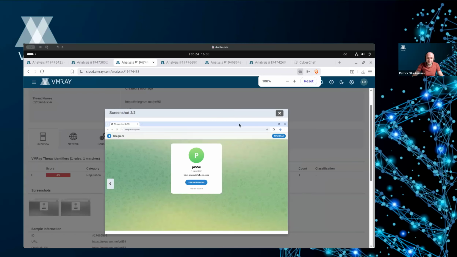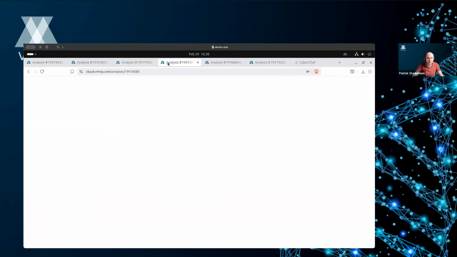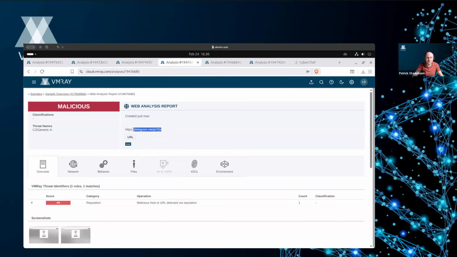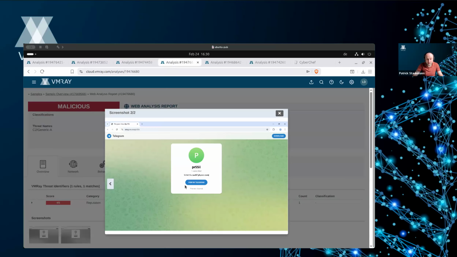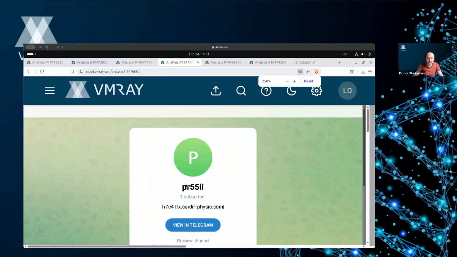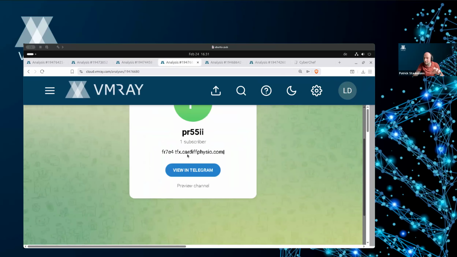But just a couple of minutes before, I ran the same analysis again with the same link to the Telegram profile, and it got adjusted in the meanwhile. It's still the same domain, but they adjusted the subdomain to TFX.